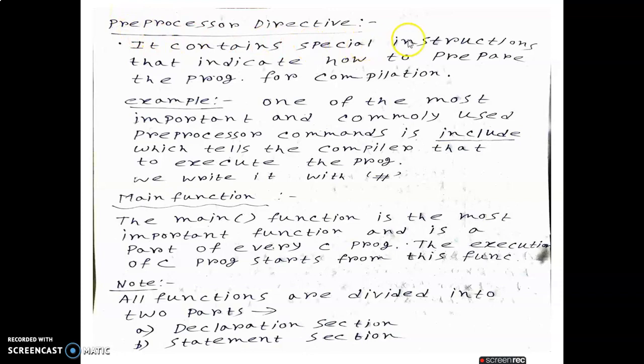Preprocessor directives contain special instructions that indicate how to prepare the program for compilation. Keep in mind, these concepts are important.